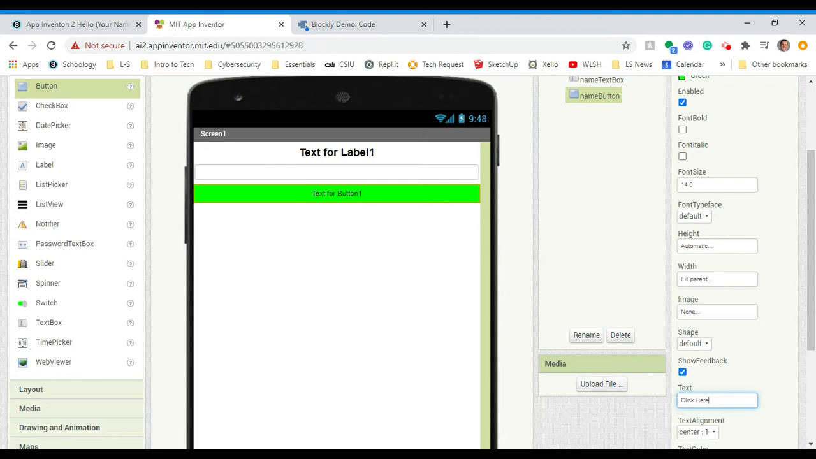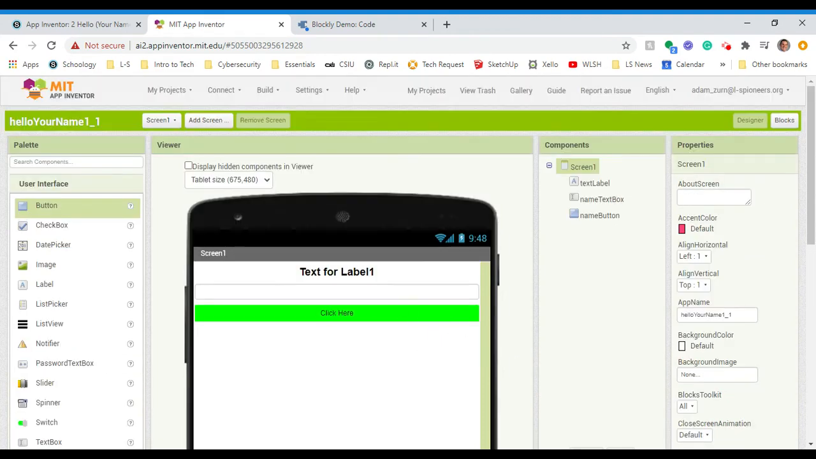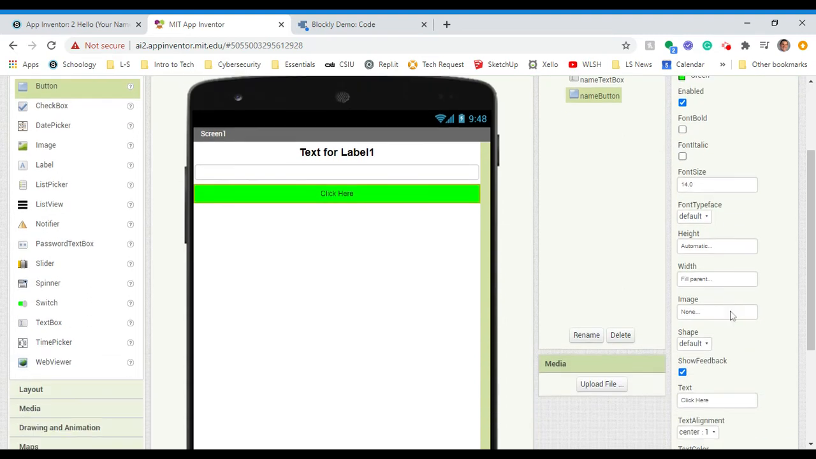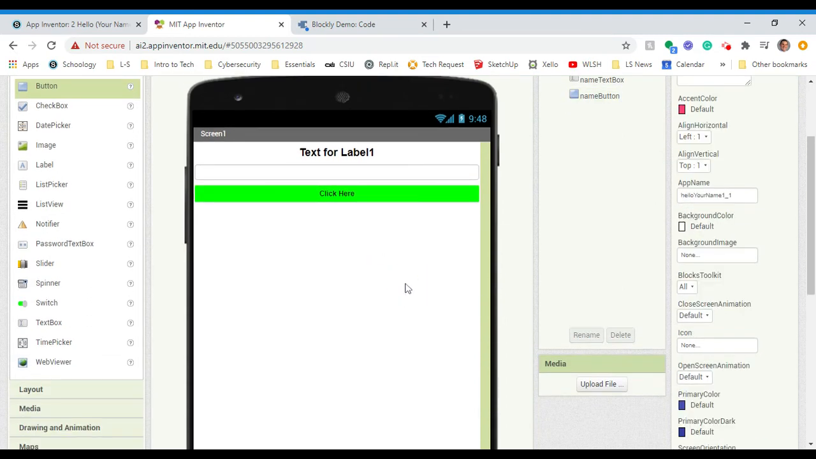Click here or press here, something like that. And we could also bold it if we wanted. I have some options to do that. We could change the font, things like that. Okay, so